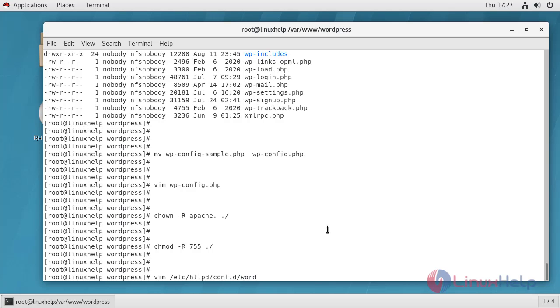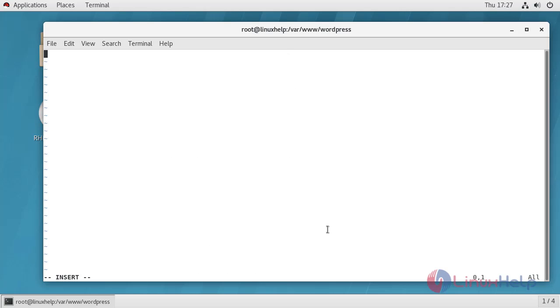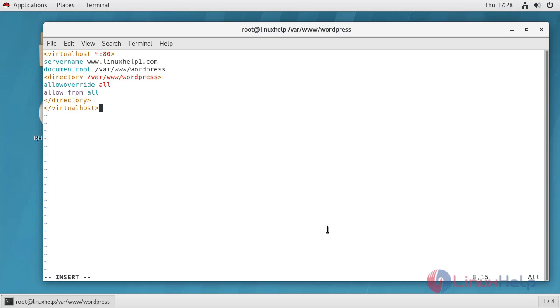Give word.conf. Save and quit this file.